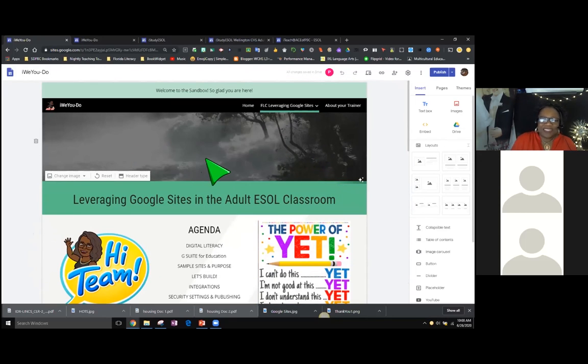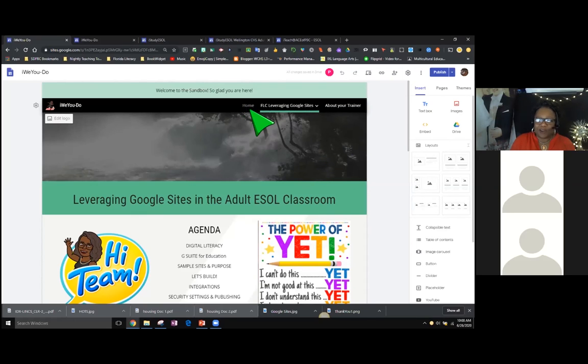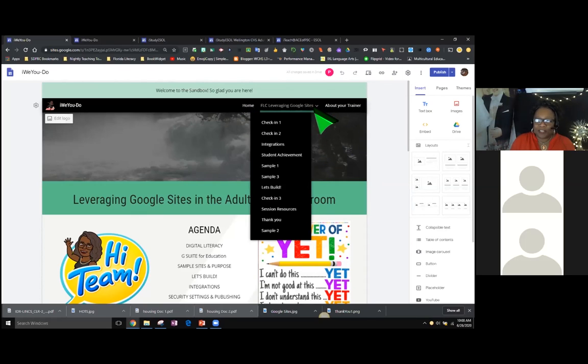So as you can see, this is my Google site, and you're actually in the background with me, in the back office with me, and you're looking at the home tab as well as another tab, and everything that I'm going to do today is going to be done from these tabs. So this is essentially my agenda.